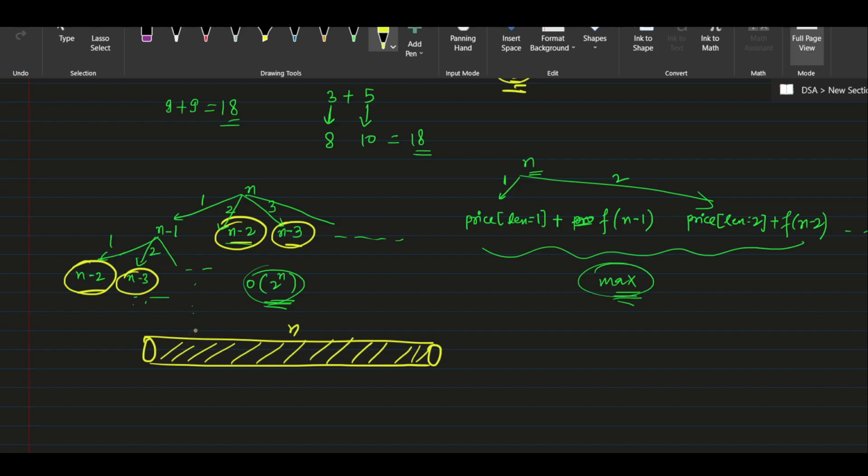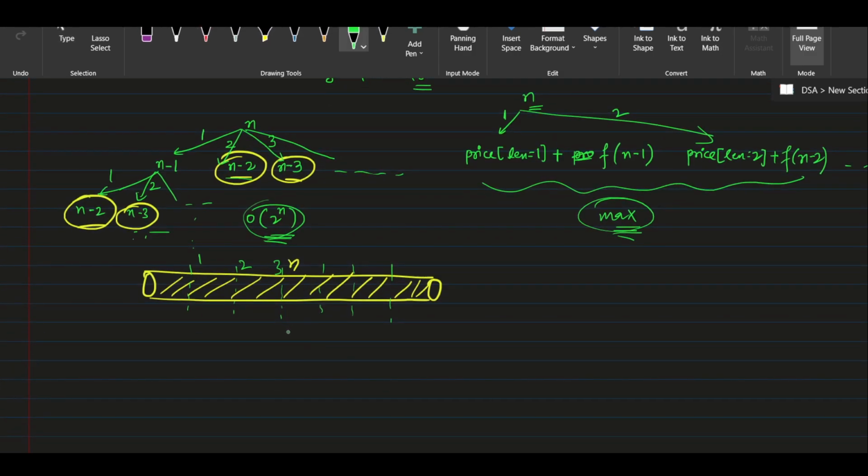So what are the possible cuts here? I can make a cut at 1, I can make a cut at 2, I can make a cut at 3, and so on. Okay, so what I will do is, if I am making a cut at i, what I will do is